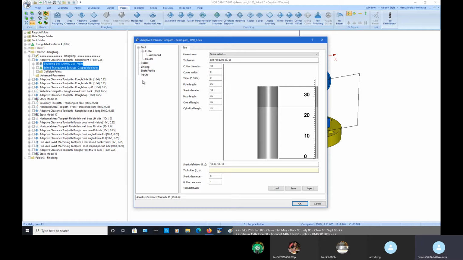This presents the dialog for the toolpath, where we can enter the values for the cutting tool, diameter, corner radius, tapers if required, flute length and body length. Most important is the body length, because this is the length of the cutter out of the chuck. Let me just paste in the parameters that John used for this particular cut, and you'll see that he's also added in a tool holder. If I go onto the holder page here,